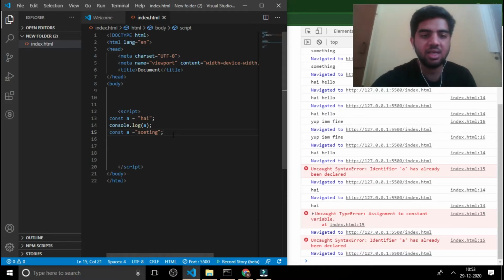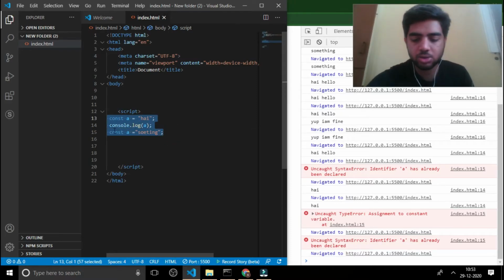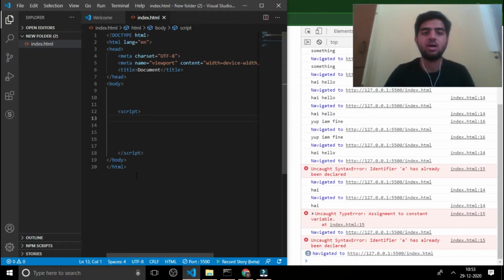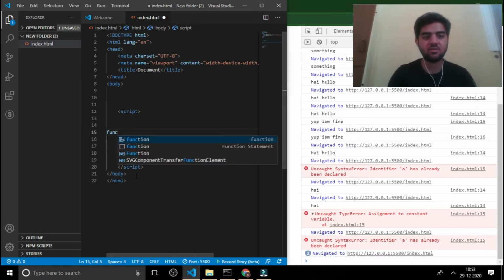Let us see. I also told you that var is function scoped, while const and let are block scoped. Let's see the actual meaning of that.